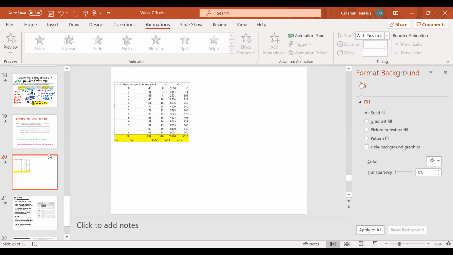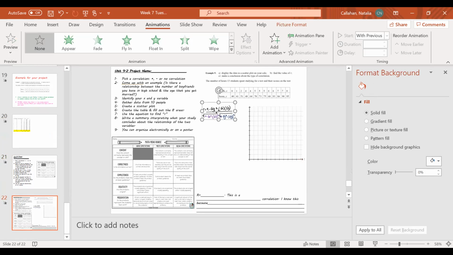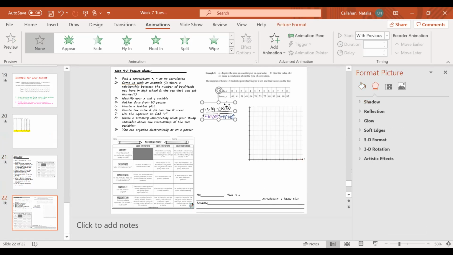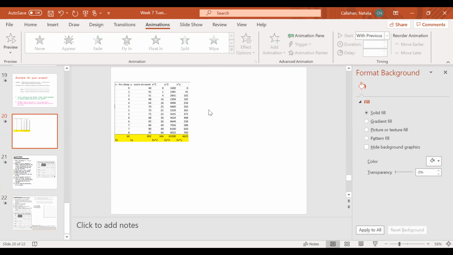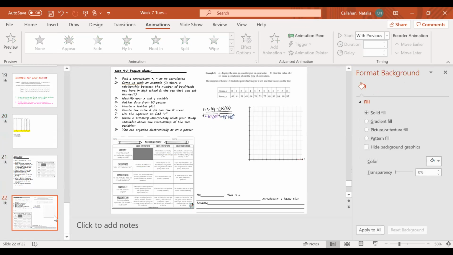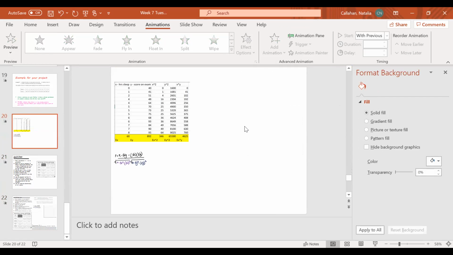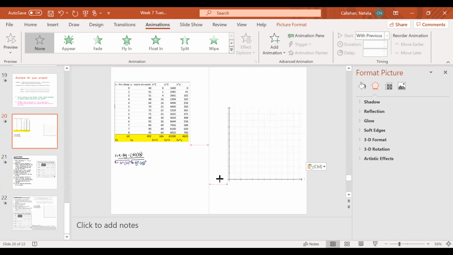And I'm going to go ahead and take my equation, which is right here. And before I do the equation, take a look over the fact that you need to have a scatter plot. So let's go ahead and create the scatter plot because I'm assuming this is going to be my study.